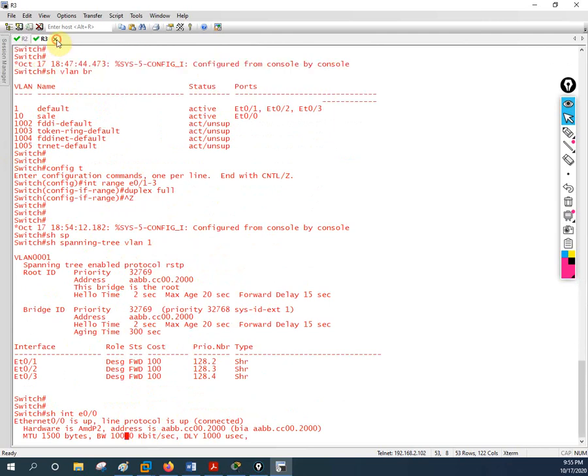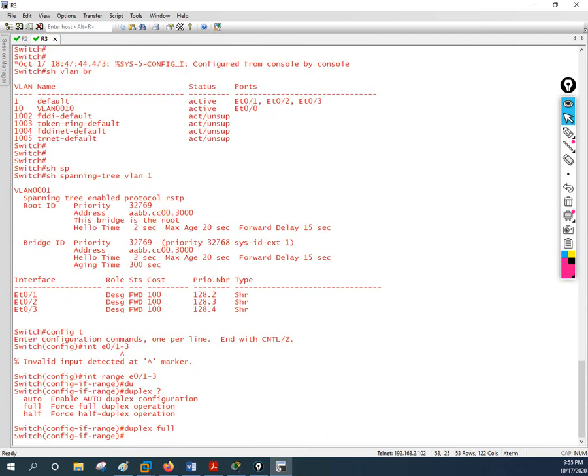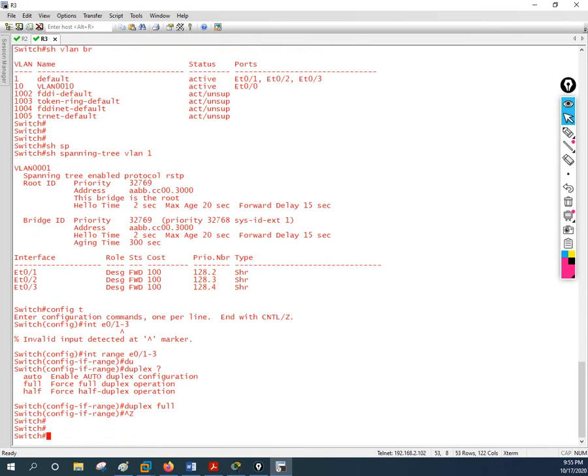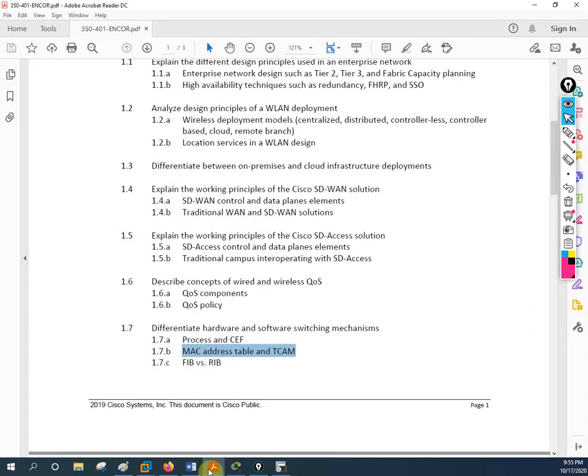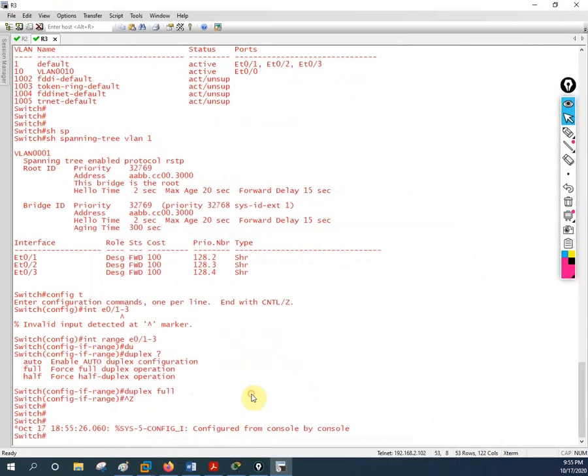Okay, so what else do we need to discuss? Some small points, then we can close the video. If you want, we can do the MAC table also, but as we have these topics, I want to do a separate video about the MAC address table. But let me show you how we can check.